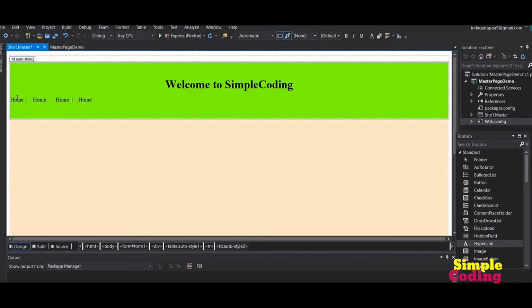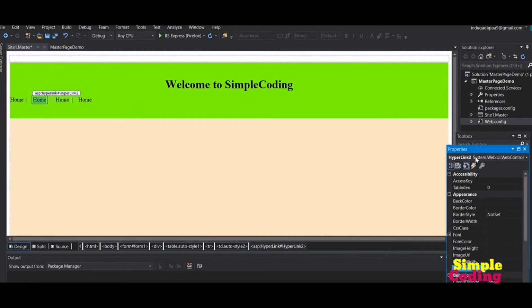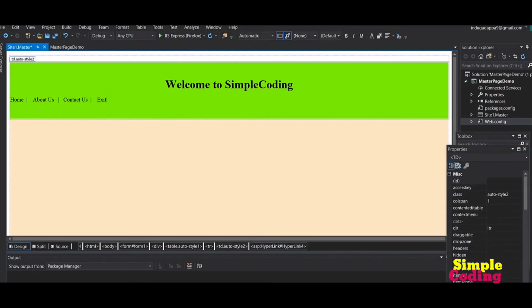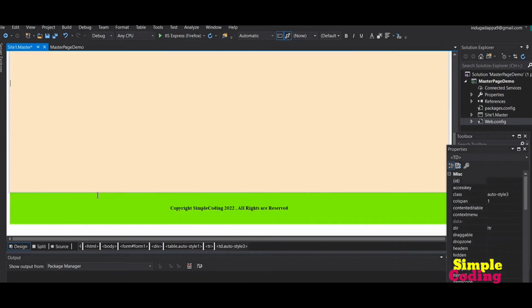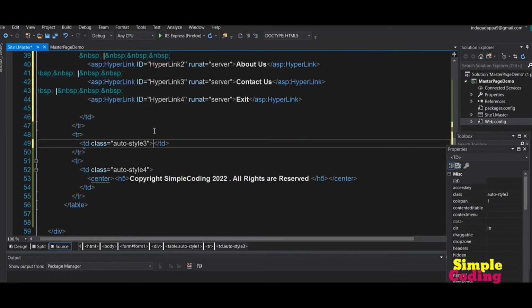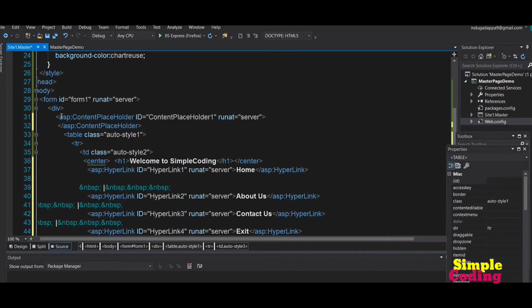Here I am changing the text property of second hyperlink control as about us. Similarly, changing the text property of third hyperlink control as contact us, and also changing the text property of fourth hyperlink control as exit. Now our master page is ready to use.